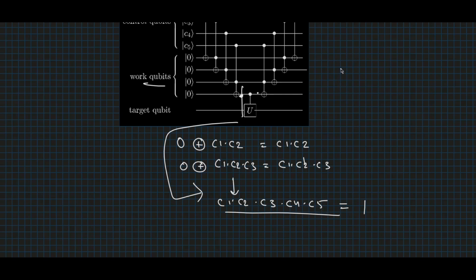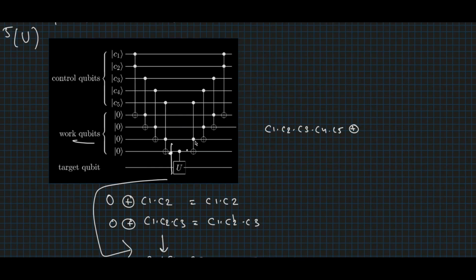So we'll have C1 dot C2 dot C3 dot C4 dot C5 XOR C5 into again C1 dot C2 dot C3 dot C4 dot C5. So it would be C5 dot C1 dot C2 C3 C4 and C5,